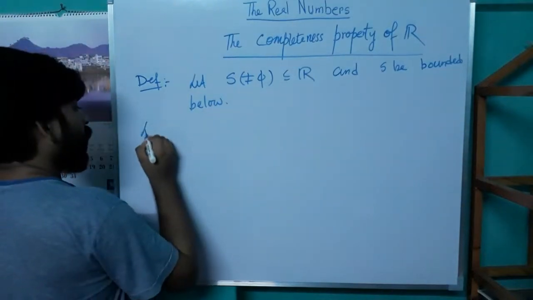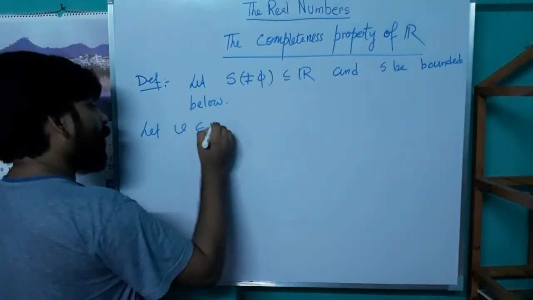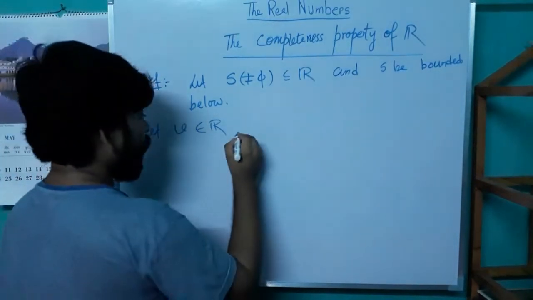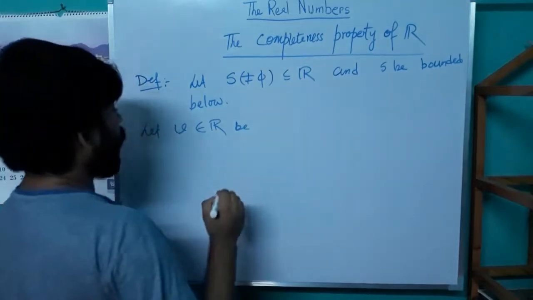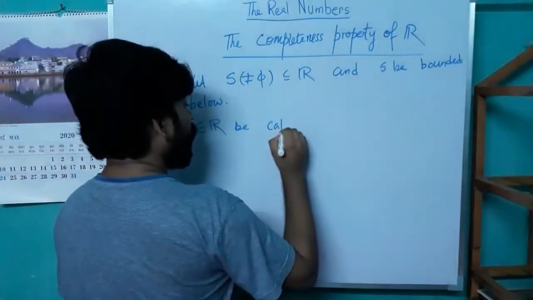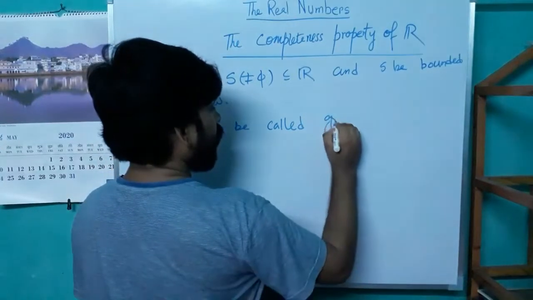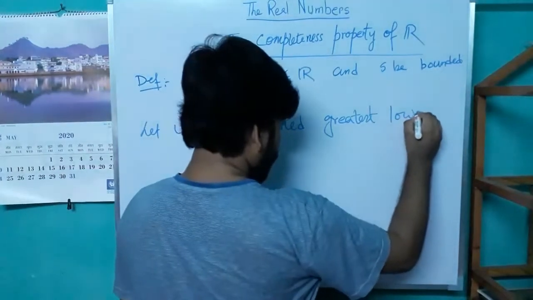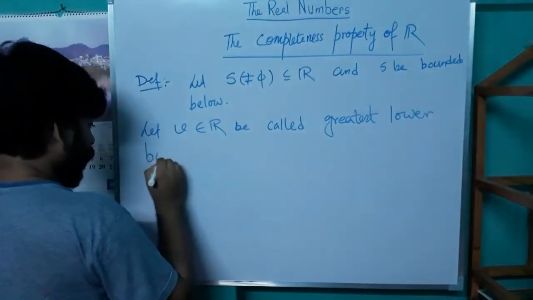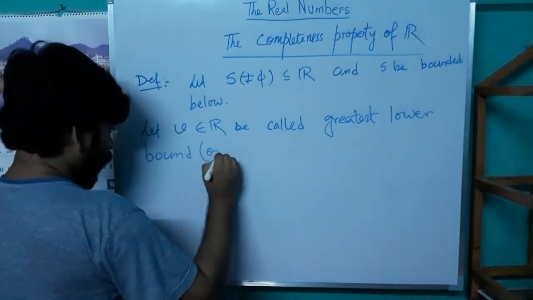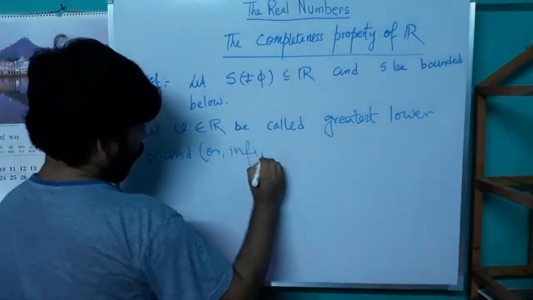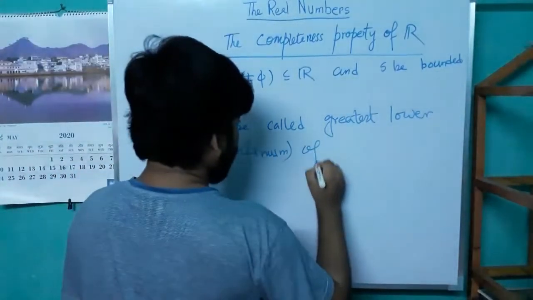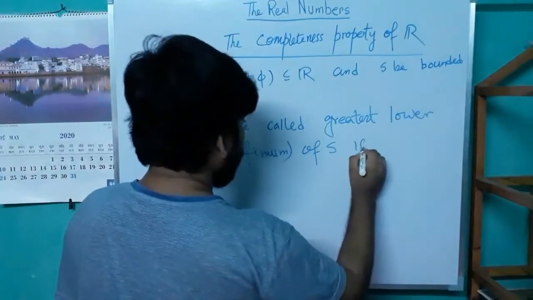So an element V is called greatest lower bound or infimum of the set S if